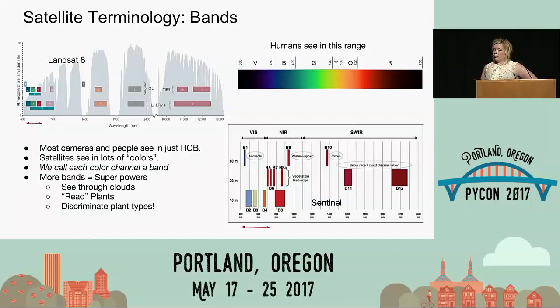All right, so let's talk about what satellite data looks like. You think, oh, satellites, they're just flying cameras. Well, they're kind of like flying fancy science cameras. So our eyes see in 3 colors, right? They see in red, green, and blue. But satellites actually see in a much wider array of colors. So like Landsat sees basically shorter wave or higher wavelengths,